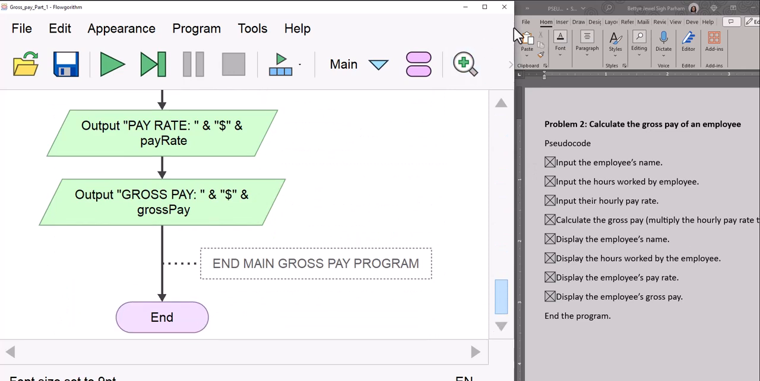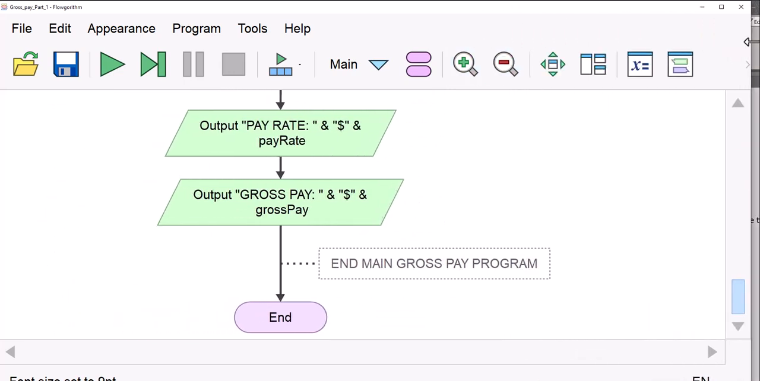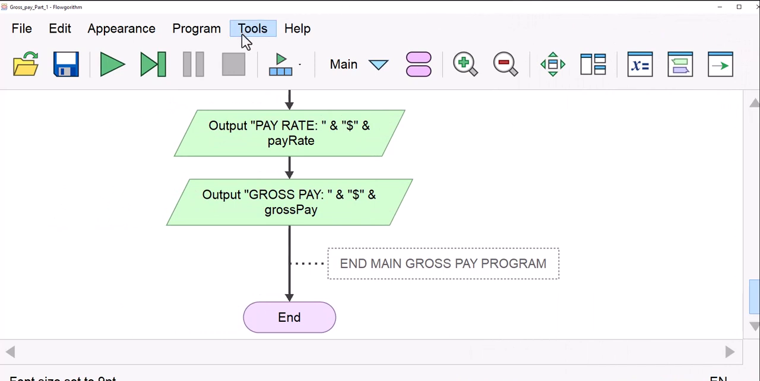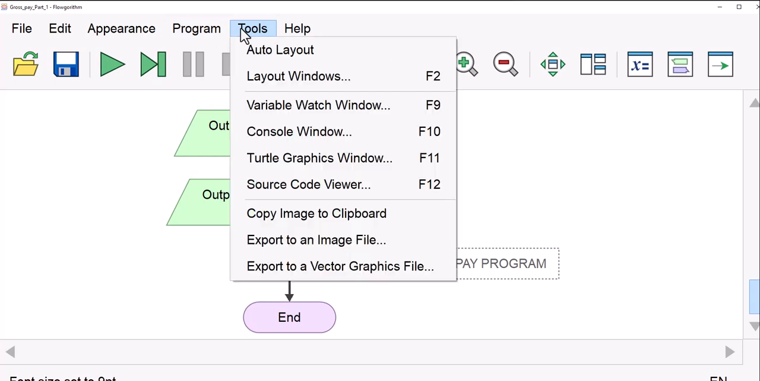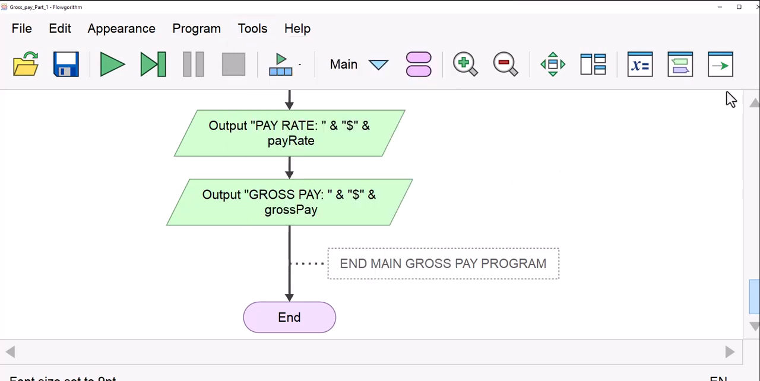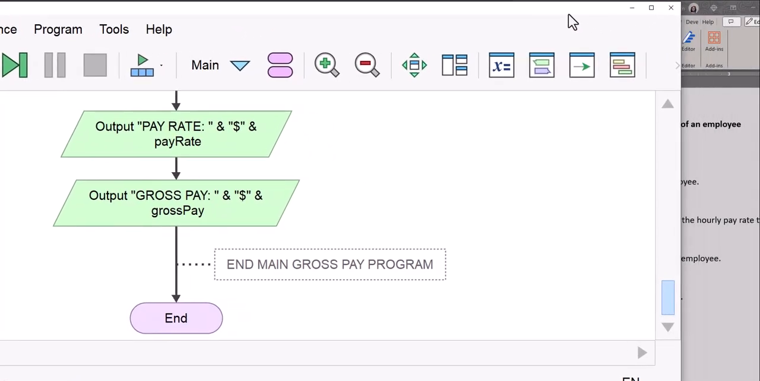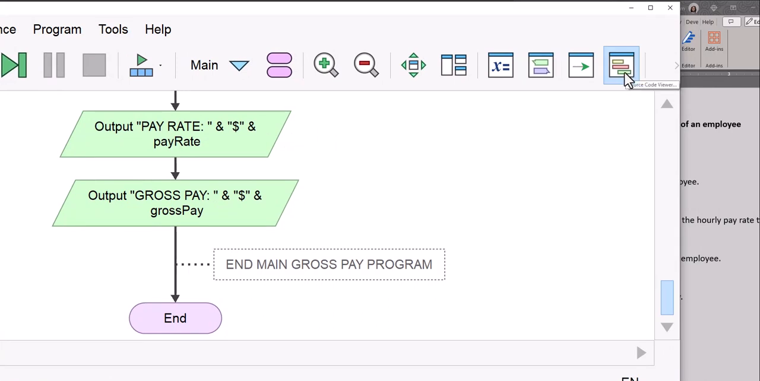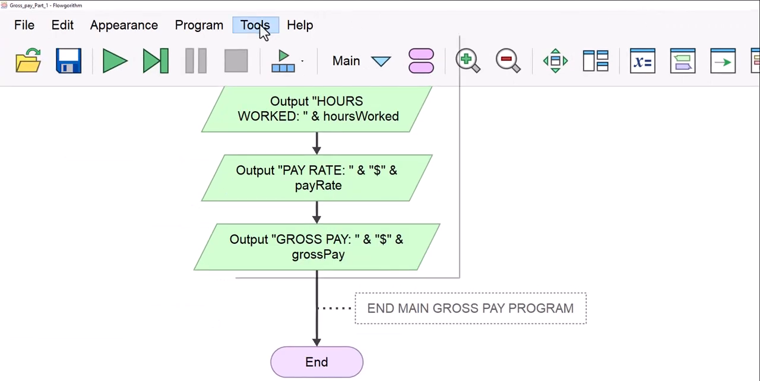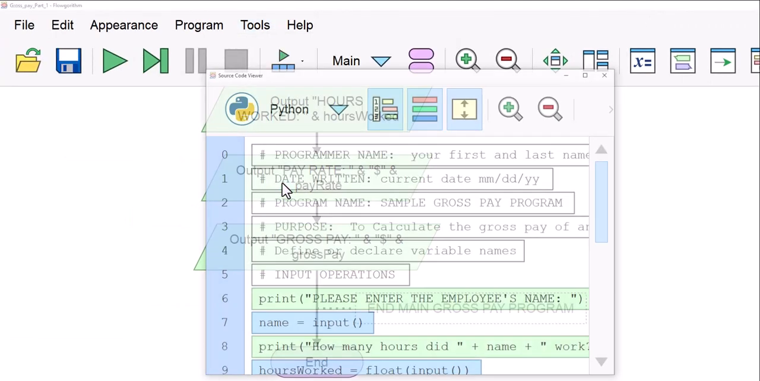Next, what we're going to do is tell the computer to take this flowchart and convert it to Python. So we're going to go on the Tools and choose Source Code Viewer or press function key 12, or there's a dedicated button for that. Let's see if it shows up. I don't think so because we have to move this over some more. This is the Source Code Viewer dedicated icon. We'll just go through Tools, choose Source Code Viewer,